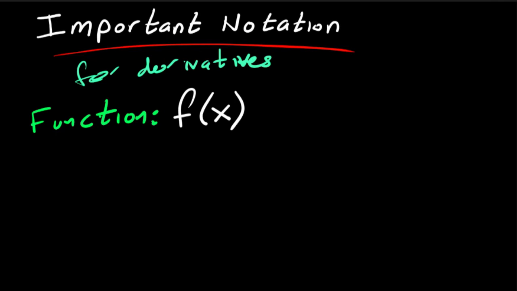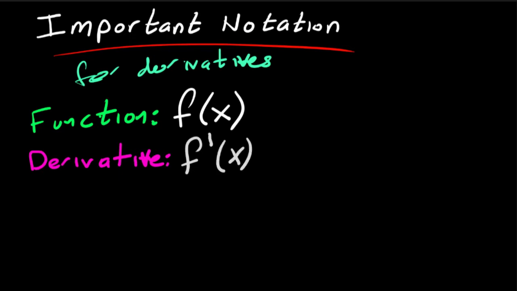Then the derivative is going to equal f prime of x. So that's the first way, but then we also have another way of writing it, and that's called